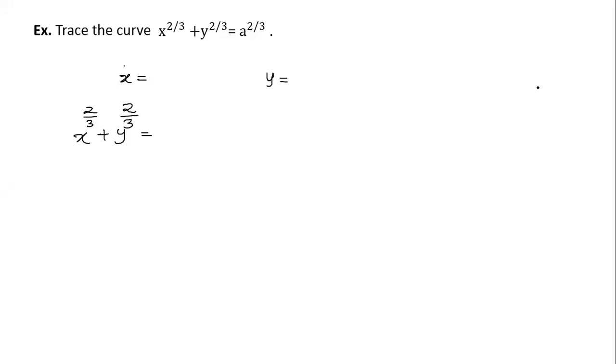So I'm waiting for your answer. Tell me what are those functions of t. X equal to some function of t, y as another function of t, so that x to the power 2 by 3 plus y to the power 2 by 3 must be equal to a to the power 2 by 3. If you want some help, I am giving a hint: x involves something trigonometric, cos, and y involves something sine.